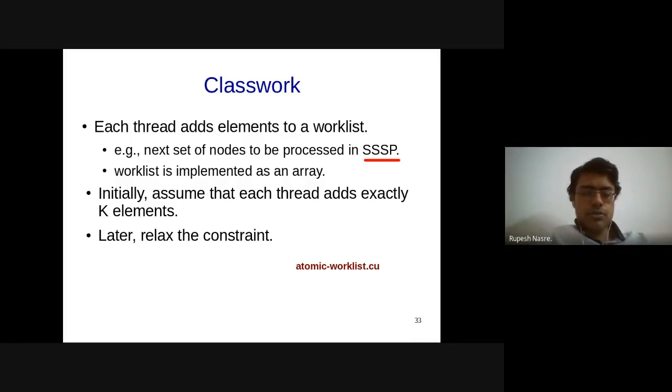Okay. So I'm just going to write the syntax of this in the chat box. The syntax of atomic add says that I give the memory location and then by what quantity I want to update its value, and the old value is going to get returned.